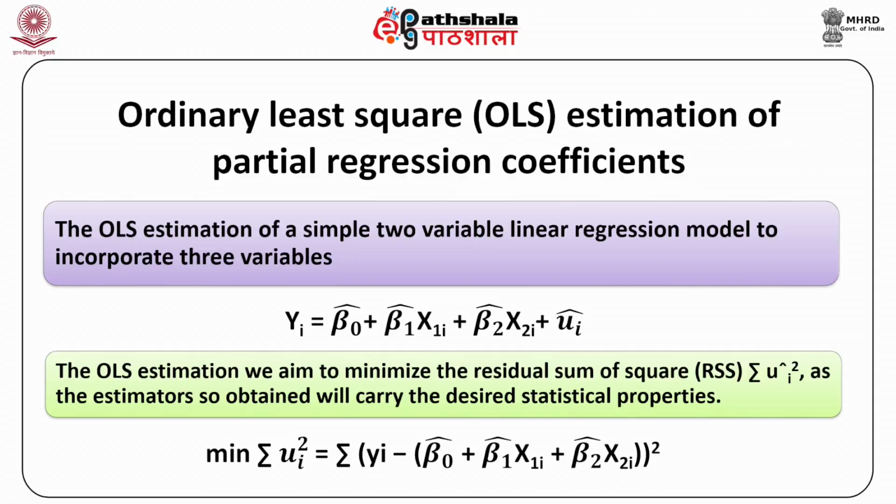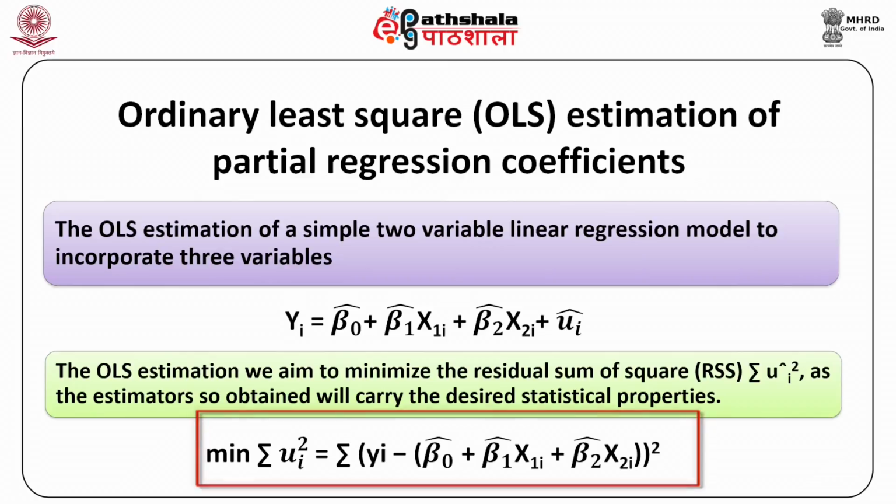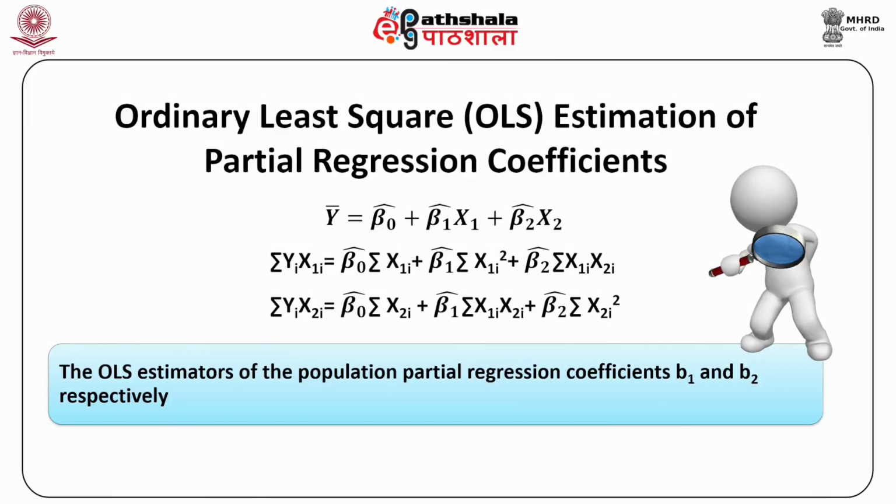Under the OLS estimation, we aim to minimize the residual sum of squares, RSS, sigma u hat i squared, as the estimator so obtained will carry the desired statistical properties. That is, minimize sigma u hat i squared, which is equal to sigma of yi minus the bracket of beta hat 0 plus beta hat 1 x1i plus beta hat 2 x2i, the whole squared. To obtain the estimates, differentiate the above equation with respect to the unknowns, set the resulting equations equal to 0